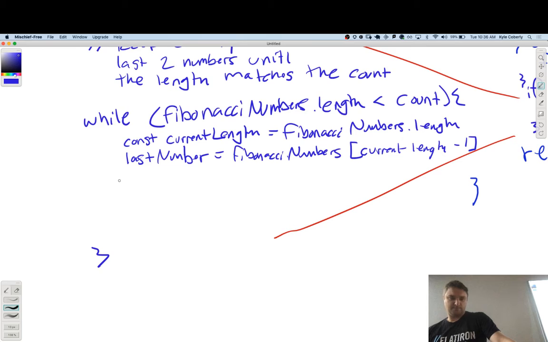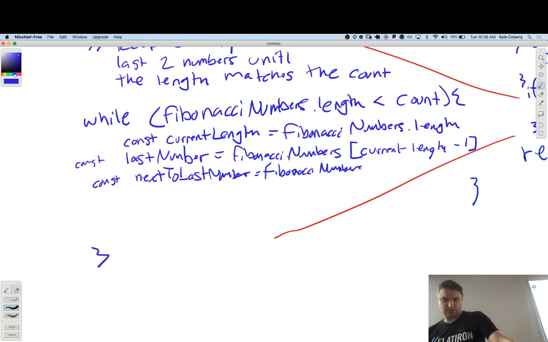And then I'll maybe say that's a const. And then I'll also have a next to last number, which is Fibonacci numbers at current length minus 2.